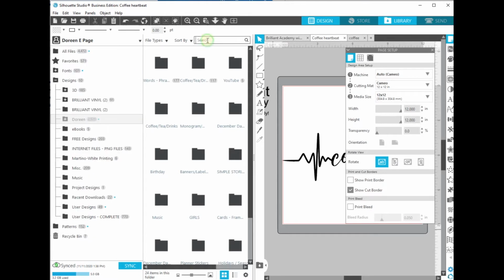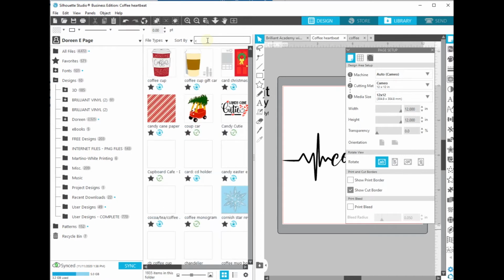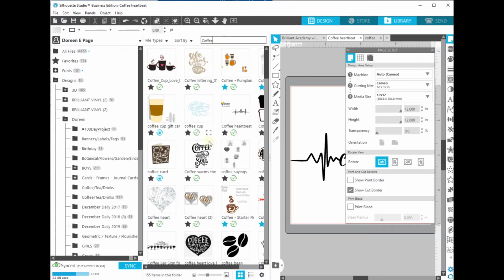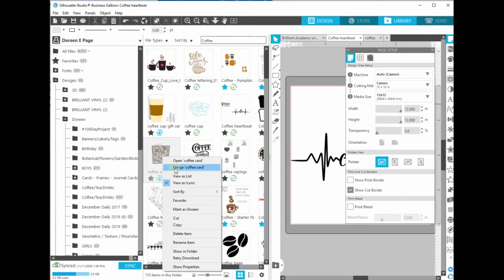You can always come up into the search. You can always type in a word. I'm going to type in coffee. And as you can see, there are several coffee images that I do currently have. If I wanted to click on this card here and bring it into my design, all I would have to do is I could left click on it to highlight it. If I chose to merge it in with my existing document, I've clicked my right mouse to get that pop-up